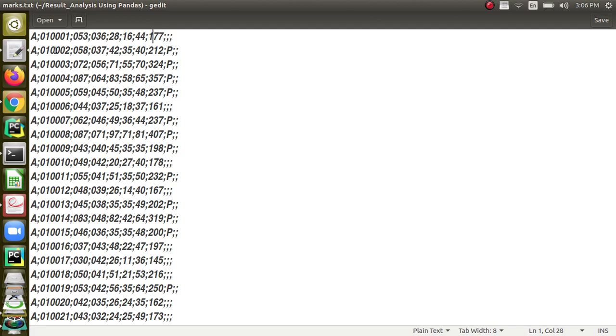This is the total marks secured by the student, and the next field will indicate whether the student has passed or failed. P will indicate that the student has passed, and fail is not explicitly given in this data set. We have to take care when we are doing the analysis. So if you see that this is empty, there is no value for that particular field, because when we look at the marks, this student has scored 16, 28 and so on, which is not a pass mark. So he has not passed the examination and no result is present.